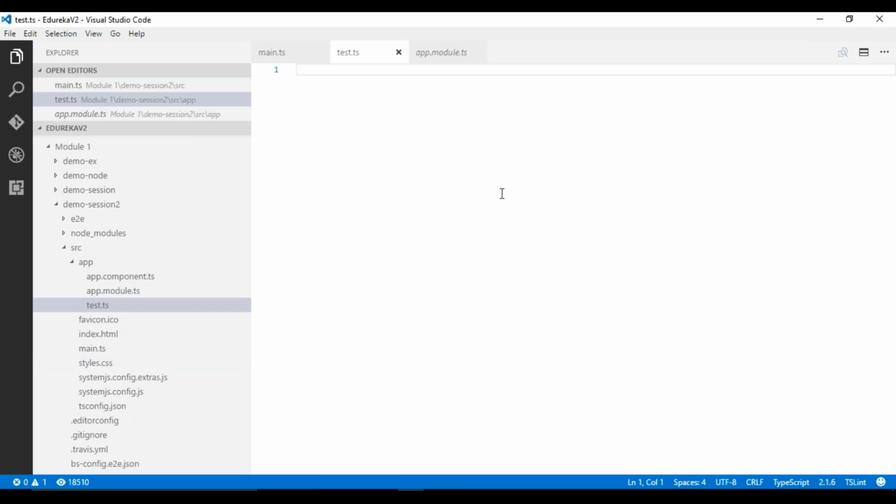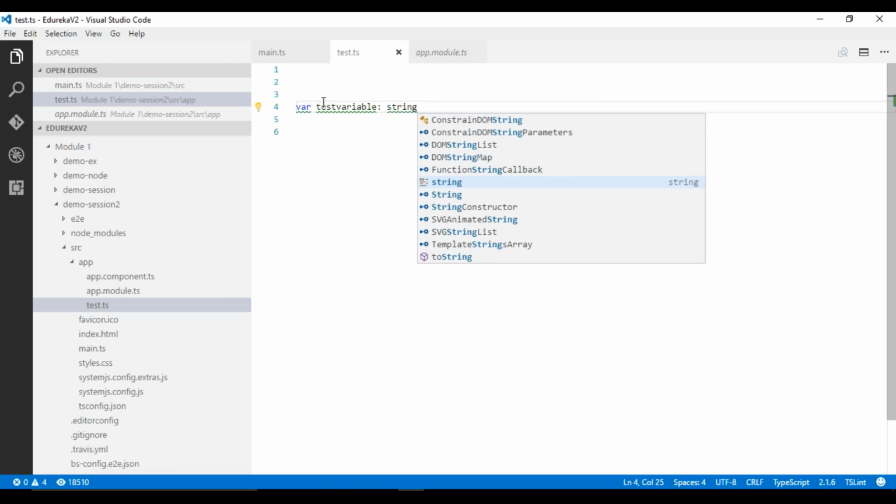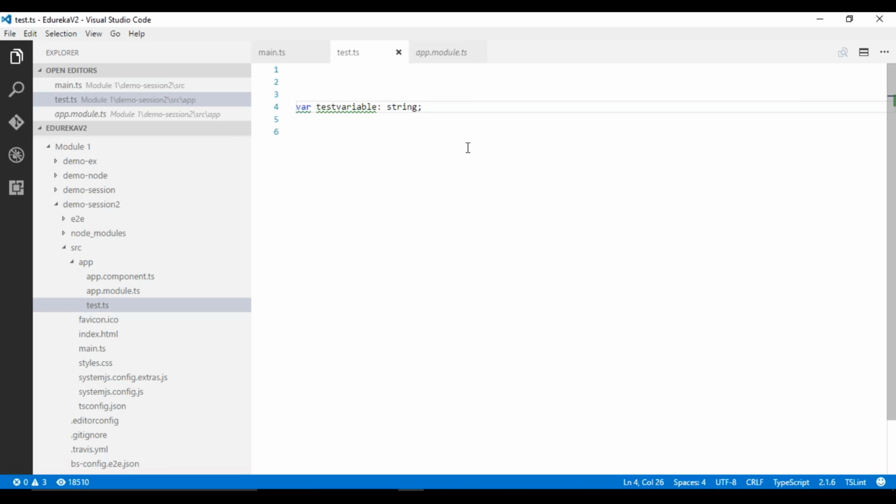Great. So let's quickly look at some of the features that TypeScript provides. TypeScript provides static typing. That's one of the main use cases for TypeScript. Okay, great. So I have defined a variable and I've assigned the type string. String is a basic data type in JavaScript. Other data types that are available with